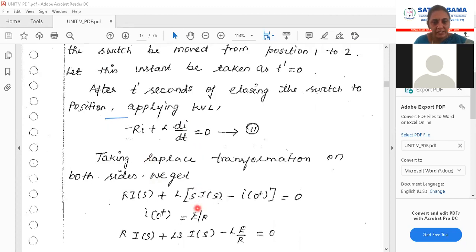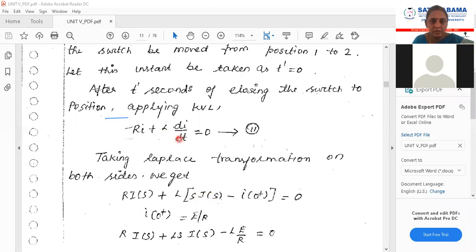Now we will take the Laplace transformation. This is always the procedure: write the equation based on KVL, take the Laplace transform, and after solving it, go in for the inverse Laplace transform to find the final current value. Taking the Laplace transform, R into i becomes R into I(s), plus L into, for di/dt, S into I(s)